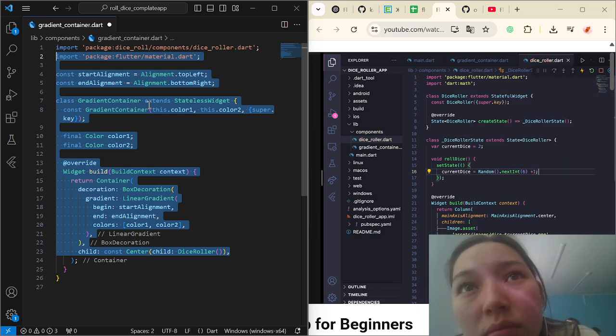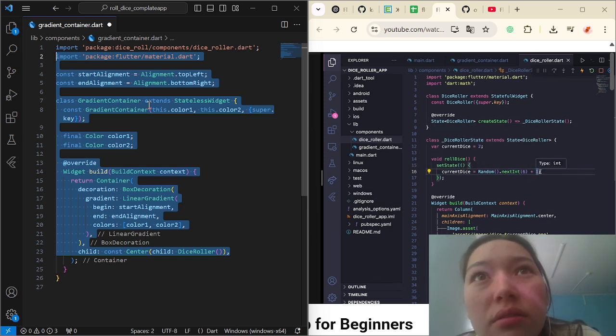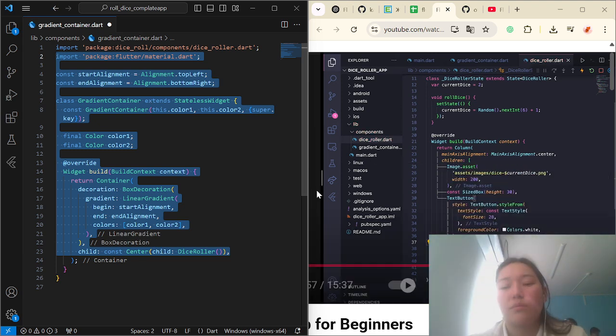The reason I'm making plus 1 is because if we put 6 it will count up to 5, so we have to add 1 more. And if I save it, and in my TextButton I have to remove this and put rollDice, and if I save it,